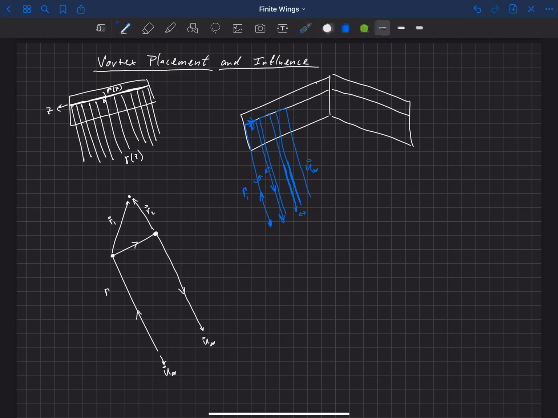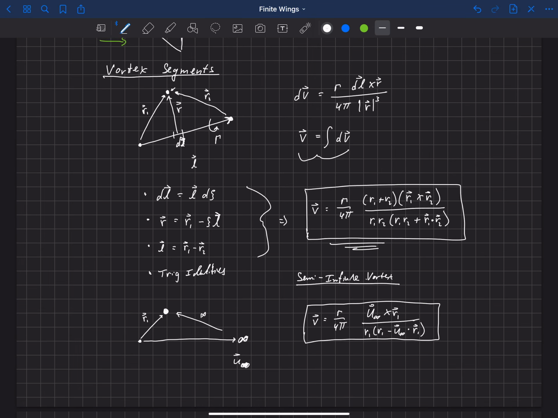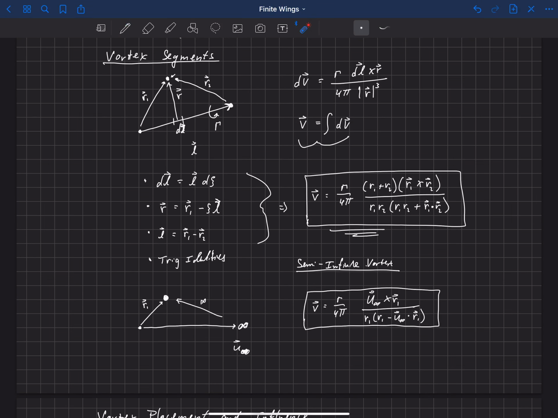Okay, so from our previous development for the influence of some vortex segment on some point, in fact, I can just scroll back up here, we can look at the induced velocity at a point by some vortex segment. We came up with these two different equations. This equation here can be used to compute the bound vorticity influence. So if we imagine that this is the bound portion of the vortex, this is the velocity that will be induced at some point by that bound portion.